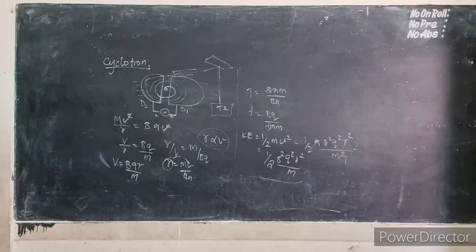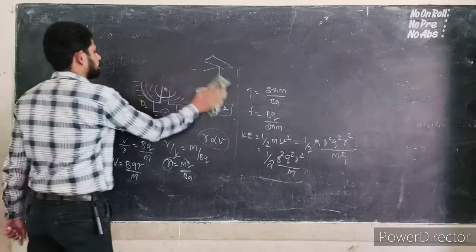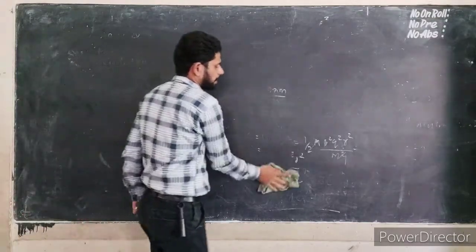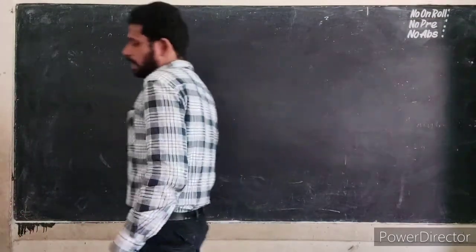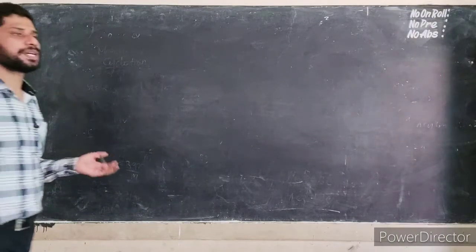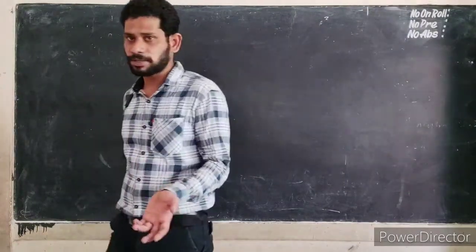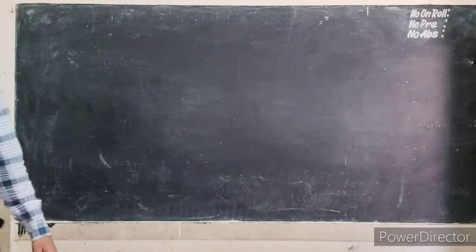Okay. Now the next one. What are the limitations of the cyclotron? The speed of the particle ion will be limited. And then electrons cannot be accelerated. Any kind of negative charges, electrons cannot be accelerated, as well as neutral charges are also not accelerated. Uncharged particles cannot be accelerated.